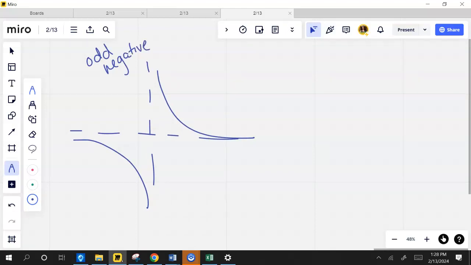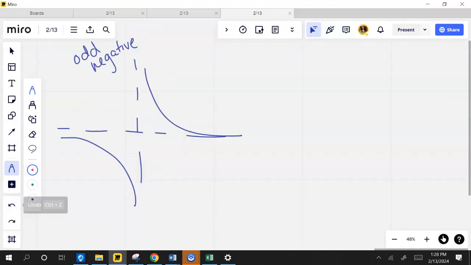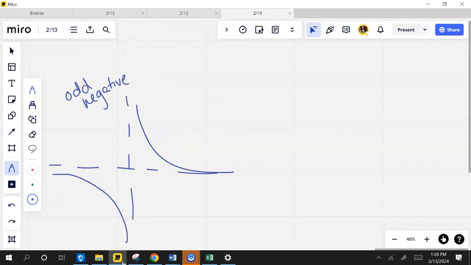Now, if I flip that and make it negative, all it does is change where these little wings are happening, right? That would be a negative leading coefficient that reflects it. If I am even, and this is a negative exponent, not a negative coefficient, if I'm even but a negative exponent, even and negative exponent,